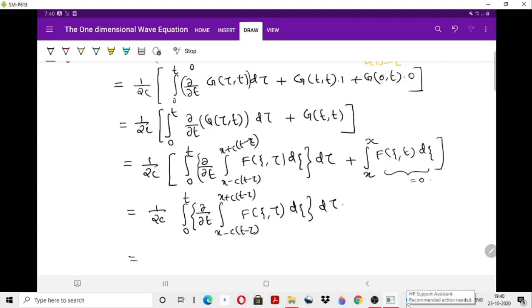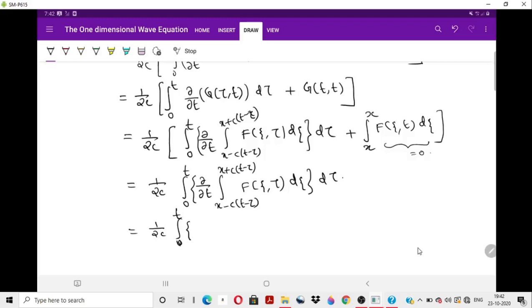Now applying the Leibniz rule, the Leibniz formula, we have 1 by 2c integral 0 to t. This will become the integral from x minus c into t minus tau to x plus c into t minus tau of dou by dou t of f of theta tau d theta. Plus now theta is replaced first by the upper limit, so f of x plus c into t minus tau comma tau